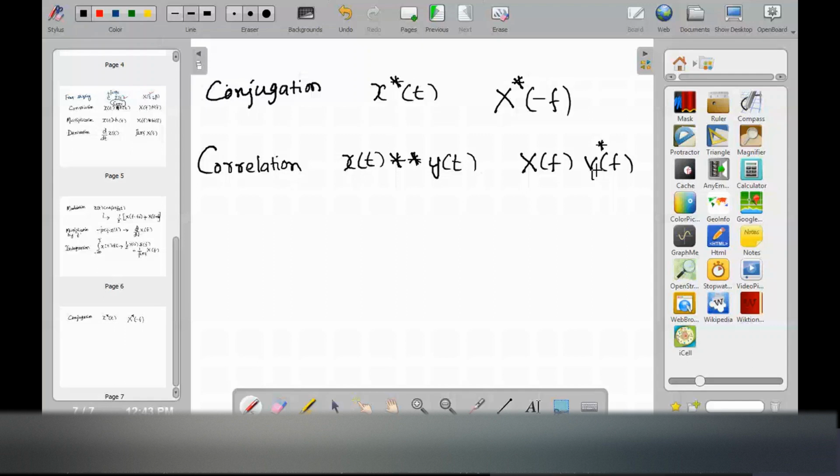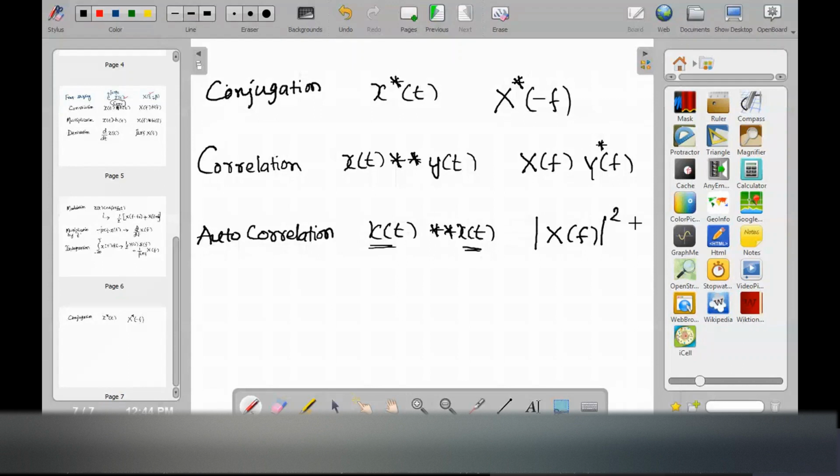So the last one is autocorrelation. The autocorrelation property says, if x of t is correlated with x of t only, that means both the signals are of the same type, x of t double convolution x of t, then in frequency domain they will become x of f, only amplitude square. So these are some properties related with your Fourier transform. A few properties I am going to use in some of the derivations or discussions. At that time, if you want, you can refer to this.